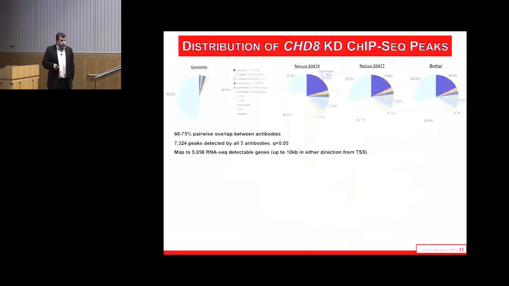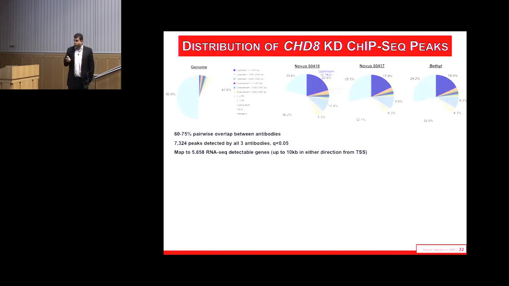We then looked at ChIP-seq. So we took antibodies and did ChIP-seq, chromatin immunoprecipitation sequencing. We used 3 independent antibodies and only looked at the peaks in which each antibody was bound to a region of the genome, and we got a Q less than 0.05 on our ChIP-seq peak analysis. So this is really a very tight set of genes that are replicated 3 times with 3 independent antibodies.